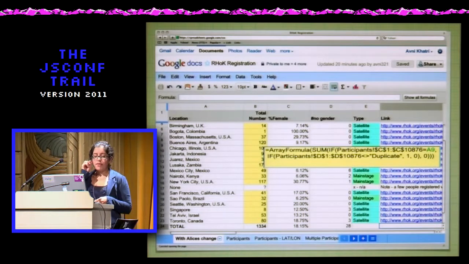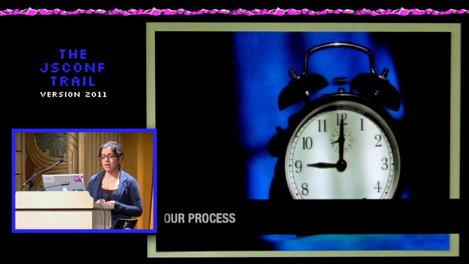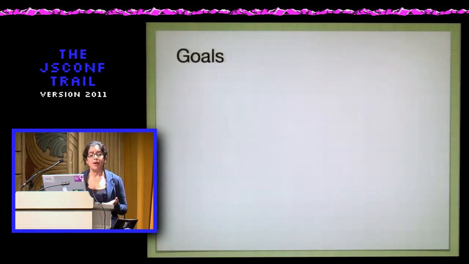So we first aggregated the data so we could see how each location fared, using spreadsheet formulas to help us. And we then wanted to start looking at different tools to help us visualize the data. And we decided on the following process. We would start with a set of tools to evaluate. We would take 10 minutes to see if the tool is a viable option, and if we found the tool to be viable, we would explore the tool further to reach our desired goals,